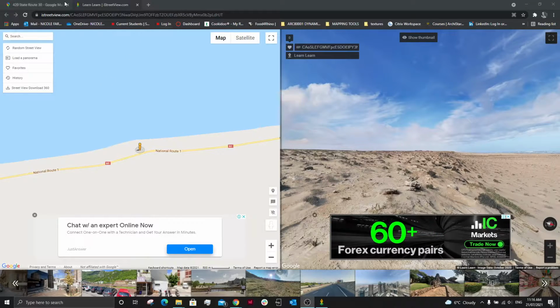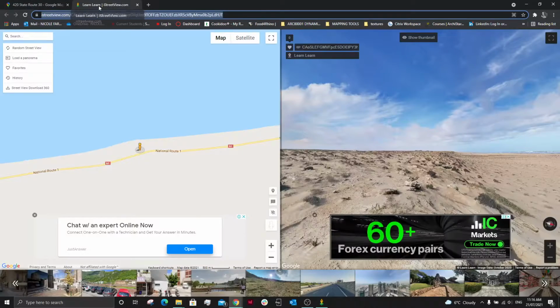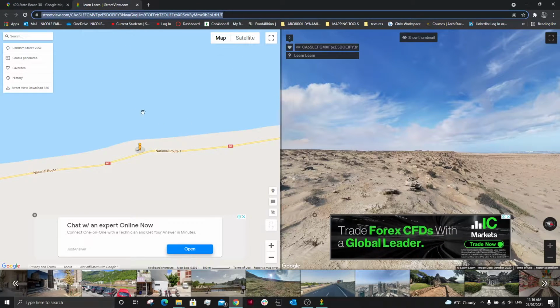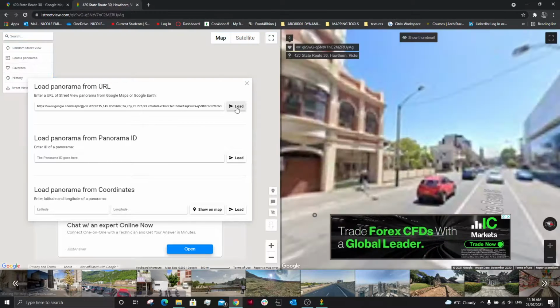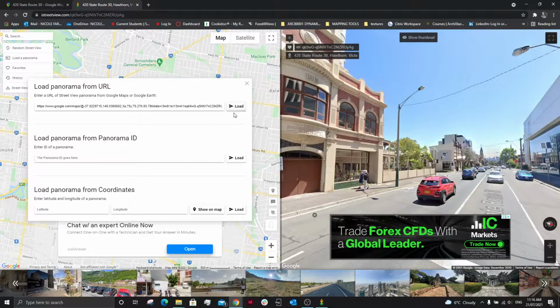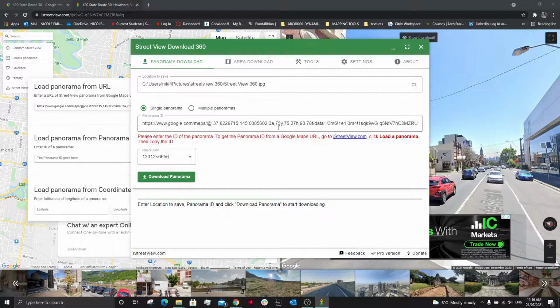Alright, once you've got your Google Maps, we're going to come into this new website, iStreetView.com, and we're going to load a panorama. So we're going to copy the address and load it. We're now going to find that the panorama ID comes up here in this little clipboard. We're going to click on the little paperclip and that'll copy. We're then going to open our app and put in the correct ID